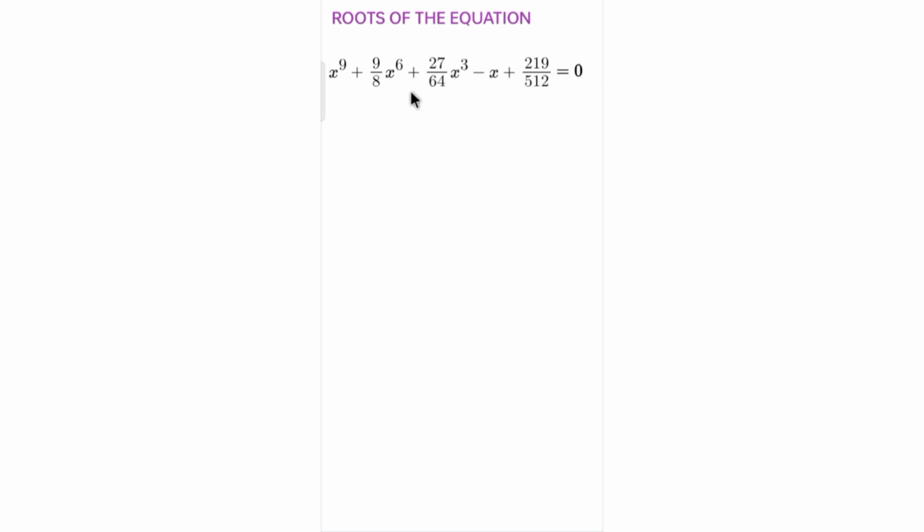Here we could see some things which can be related, like this is 3 square by 2 cube, and this is 3 by 8 whole cube, sorry, 3 cube by 8 square. Some way or the other, we think that we can relate the terms, but it's not possible, to be frank. So this is the question.